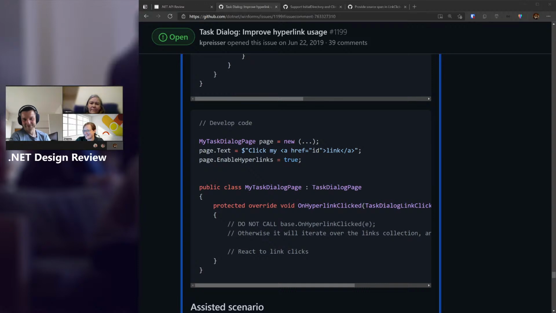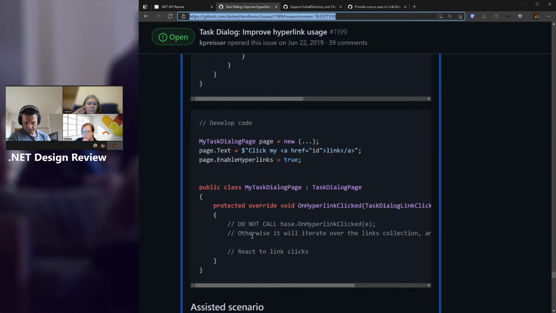So the way I understand it, basically we will construct the task dialog, but then they basically have to create their own page. That's the model, right? You have to derive from task dialog page, override the hyperlink click thing, and then put the page into task dialog as well.